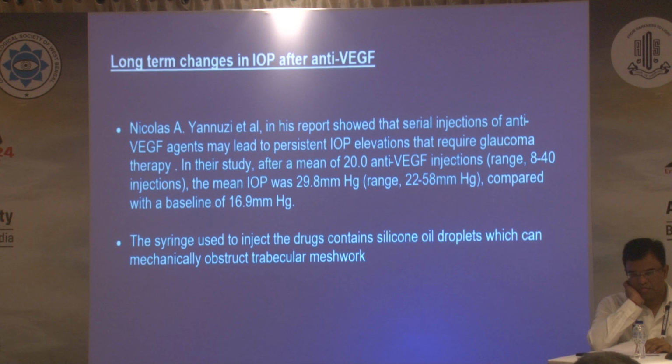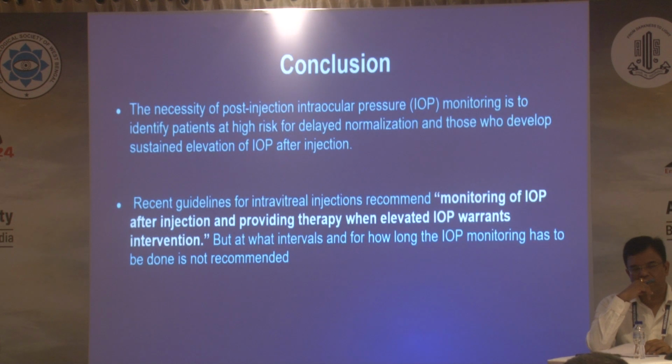In their study, after a mean of 20 injections, the mean IOP was 29 mmHg as compared with a baseline of 16 mmHg. The syringe used to inject the drugs might contain silicone oil droplets that can mechanically obstruct the trabecular meshwork. To conclude, the necessity of